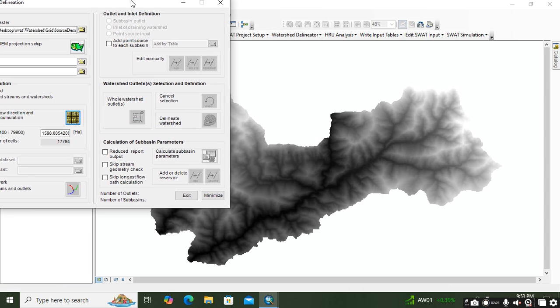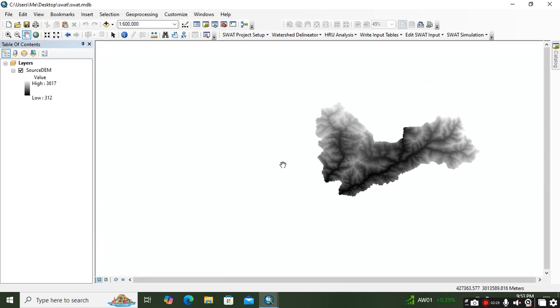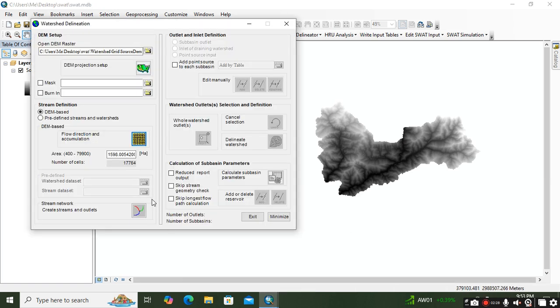This is fine. And then after wait one here, then we have to change this area. For now keep it as it is. This is 1500, about 1600 hectare. Then after go here,